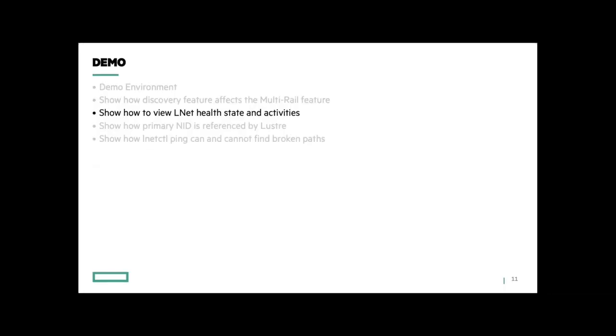The next demo is on how to view the state of LNet health and related activities. We start with the same setup as the last demo, with Lustre 2.12 and LNet configured on eth2 and eth3 on tcp1. I will discover the client from the server,